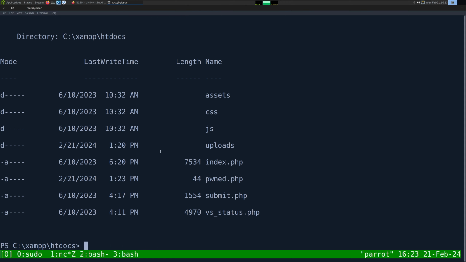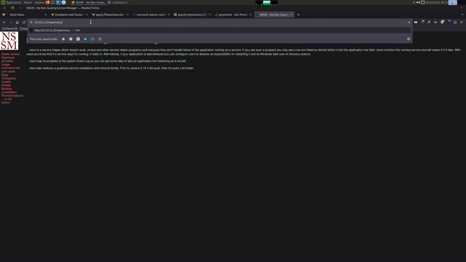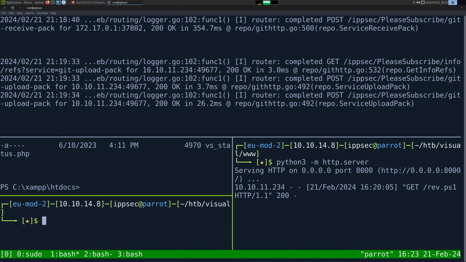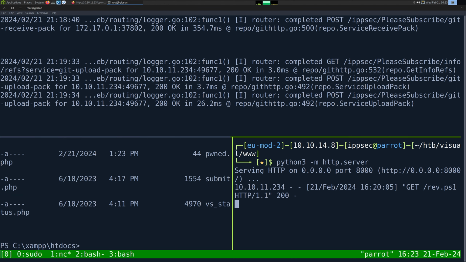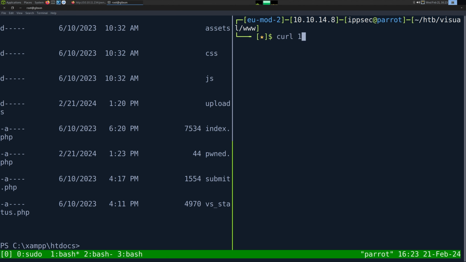And we didn't error, and we can see we wrote the file. So now if I go to 10.10.11.234 pwn.php, we don't get anything, which is odd. We see the PHP tag, but it did not execute. And what's happening here is really odd. I wonder if it will work if I just curl this. We don't need any of that stuff. So I'll do curl 10.10.11.234